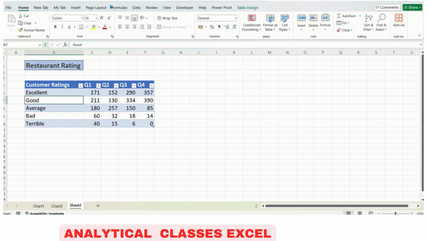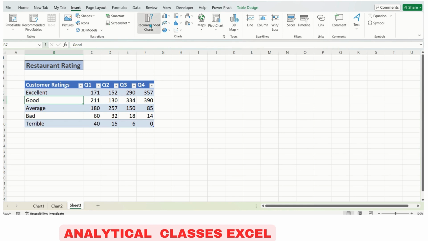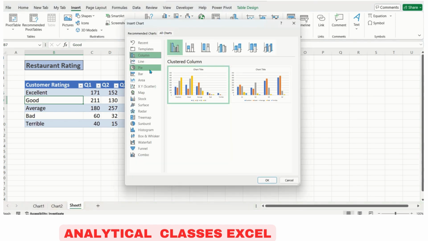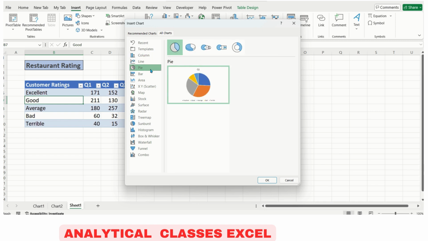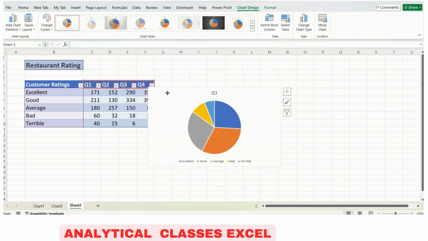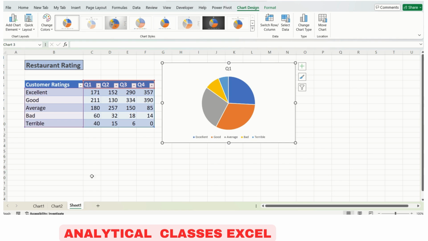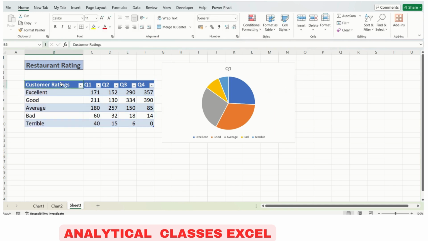So deleting this chart, let's again go to insert, recommended chart, all charts, and this time we want a pie chart. Let's say okay, and here we are getting a quarter 1 pie chart. In a pie chart there is a problem that 4 quarters are given but only quarter 1 is available here. So in that case you can select the category row and select the quarter row.